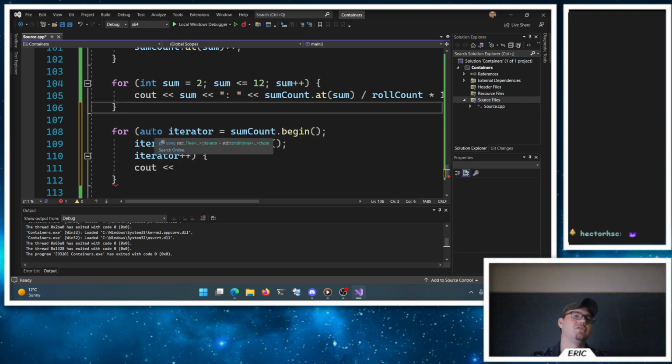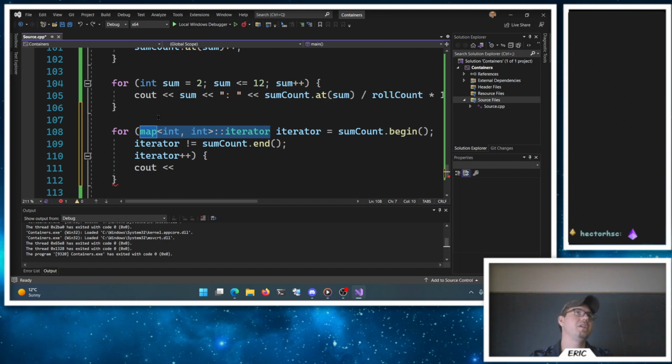Auto's really handy. I should use that more often. I kind of like showing it here just so you see it once, but yeah, auto's super handy. We should probably use that more often. We being me. I don't know why I think I'm royal. Maybe I'm next in line for the British throne, but